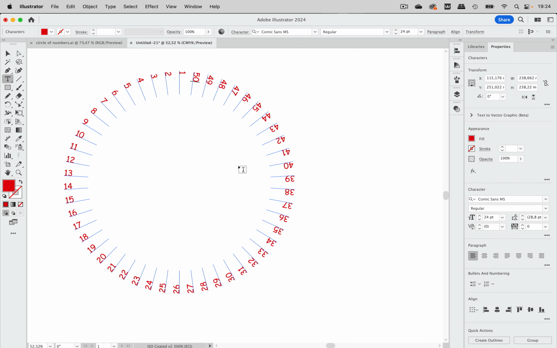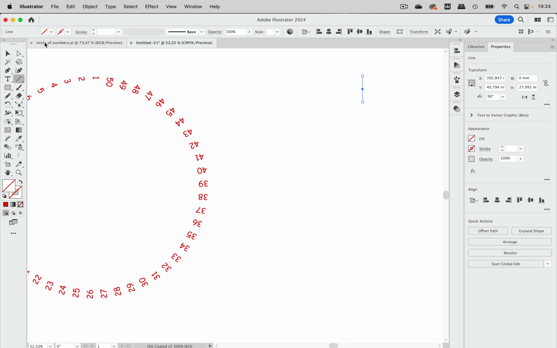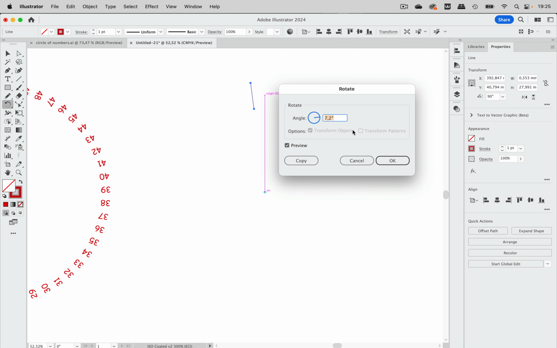in the other direction. And if you also want to have them run from the bottom to the top, then you have to draw the line from the bottom to the top. So that means you have to draw the line like this. And then when you rotate them, you take the rotation tool and then again do it like this, and then you would have to enter like